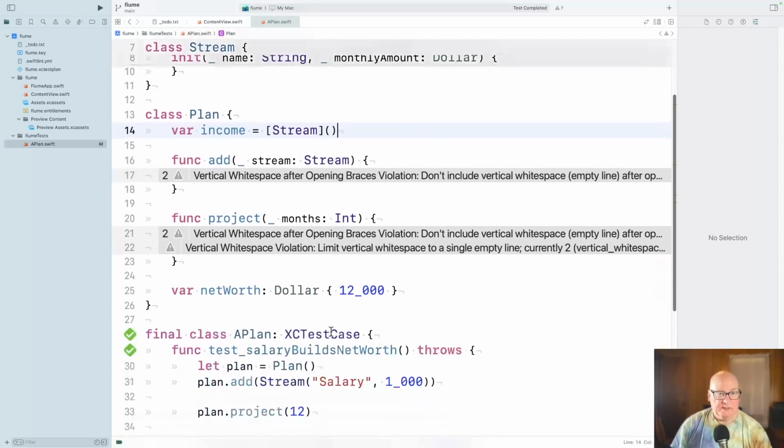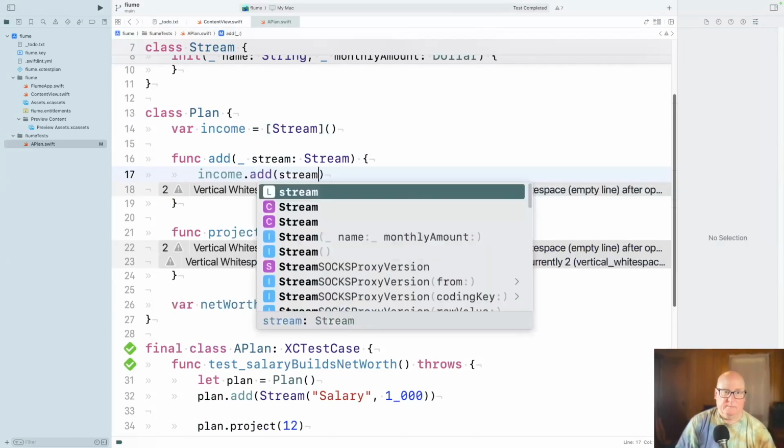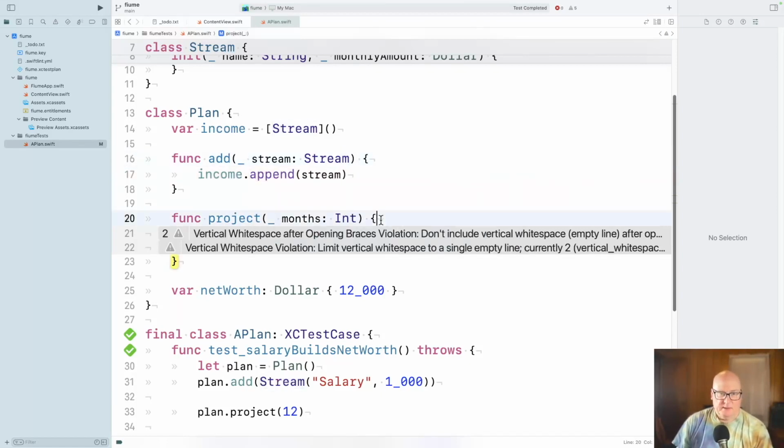Well, I certainly want to add my stream to my income. Append stream. And then projecting. Yeah, this is where I'm not so clear, and whether net worth is the right, well, I don't know.